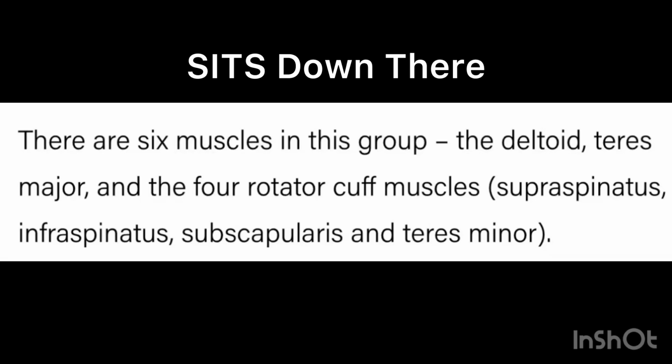So what is SITS? The first one is supraspinatus, I is infraspinatus, T is teres minor, S is subscapularis. Don't forget, sits down is deltoid. The last one is T major, or you call it teres major. Maybe in another video I'll dedicate a video solely to the rotator cuff muscles, but in this video we just want to explore them